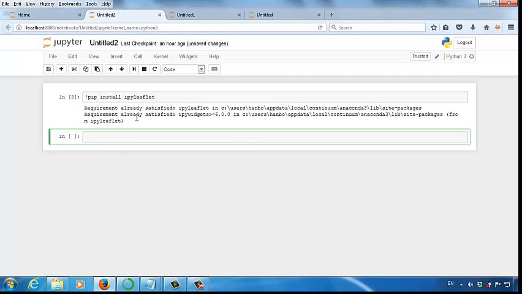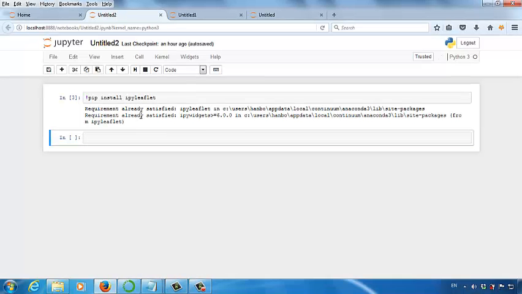But if you download the ipyleaflet for the first time, you will see some message like collecting ipyleaflet data. When the download is finished, you will see some other messages like the ipyleaflet library has been downloaded into your Jupyter system. By the way, we are downloading the ipyleaflet library from a third-party website. If your internet speed is a little slow, it will take a while for you to see any output messages